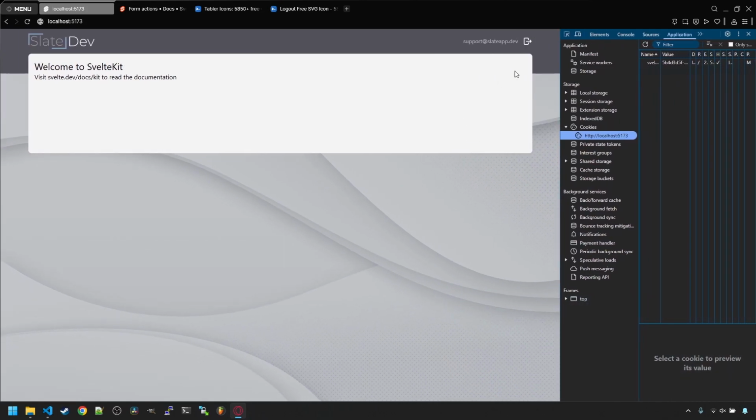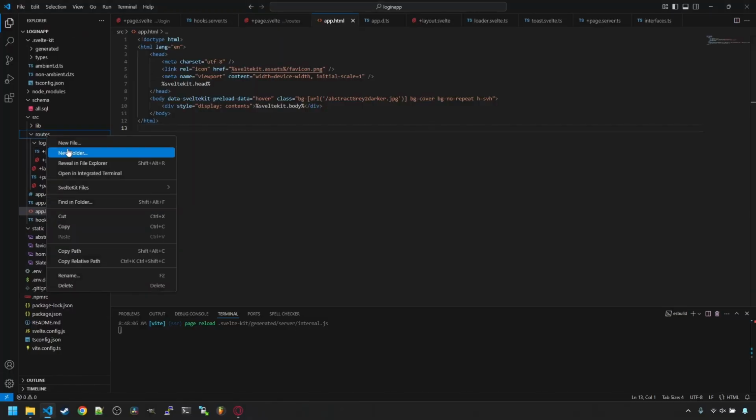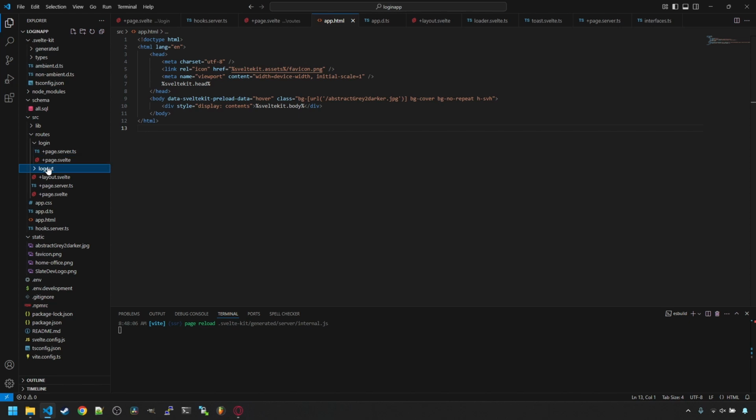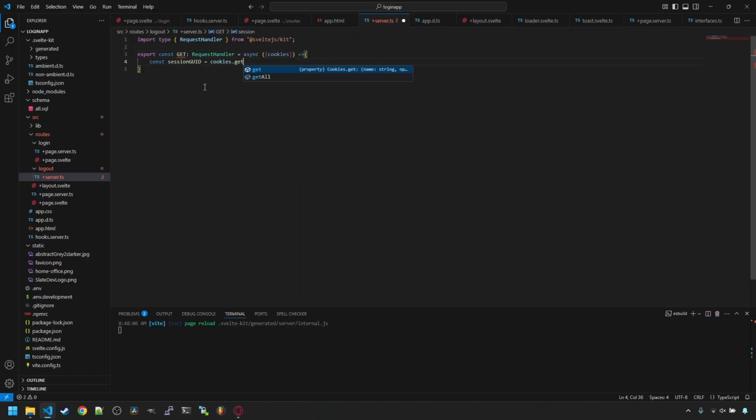Then to finish it off, we need the logout page. This will just be a plus page.ts file under a logout path. We don't need a full visible page file for this. Just an endpoint to reach would be fine, kind of like an API endpoint. In that file, we'll just look for a GET response, grab the cookie and the parameters,